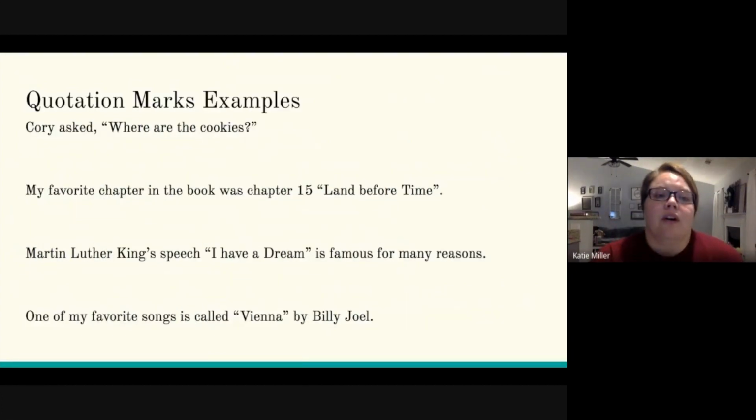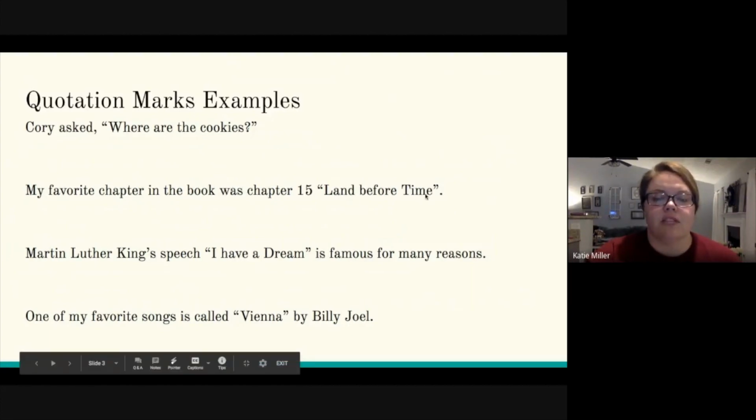So let's look at some examples. Corey asked, "Where are the cookies?" Again, we've got the dialogue, we've got the speaking, okay? Another example, from the one that's a little bit more confusing with the smaller sections: My favorite chapter in the book was chapter 15, "Land Before Time." If you look, you'll see that "Land Before Time" is in quotation marks because that's the name of chapter